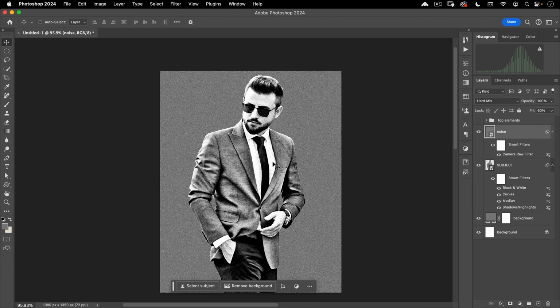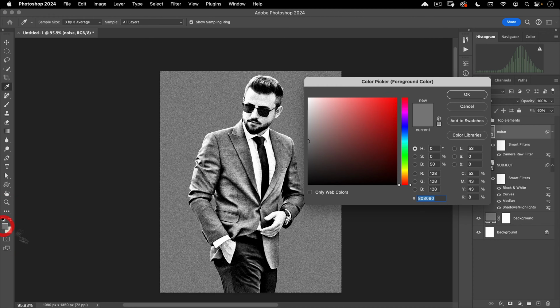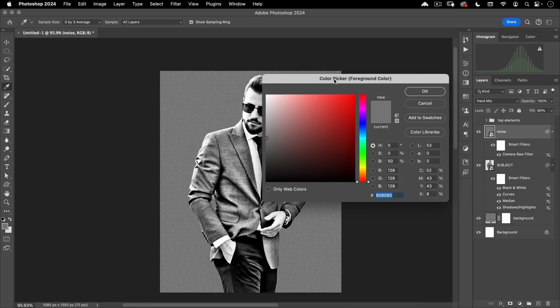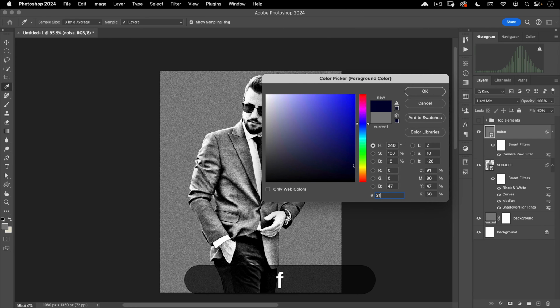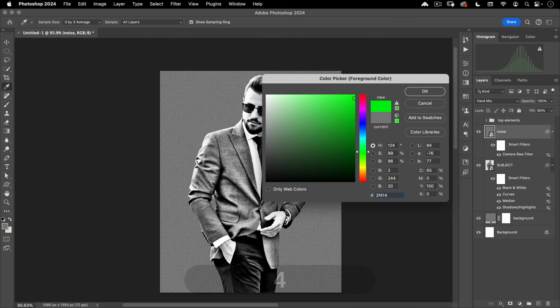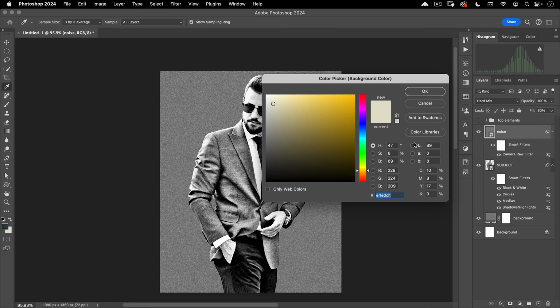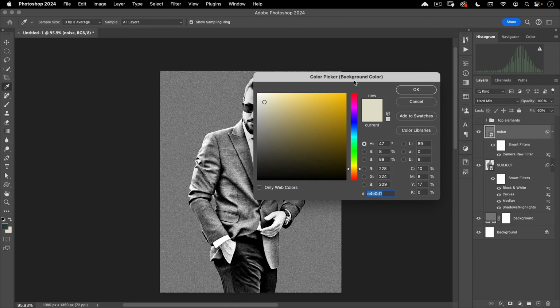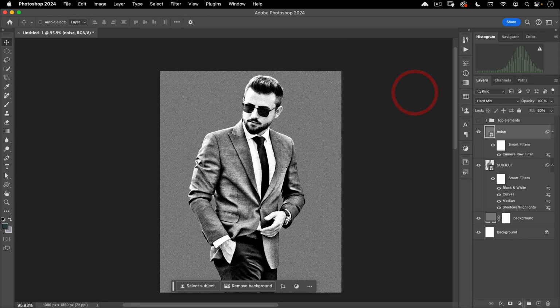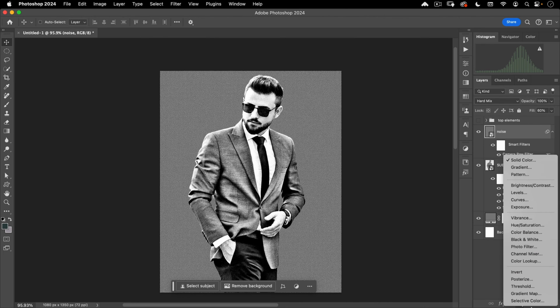And the last thing we're going to do is add some color on top of it. So we're going to use a gradient map for that. And a gradient map will map certain colors to our blacks and then certain colors to our lights. And we're going to pick our dark color here, which is going to be 2F4143. And then our lights color, which will do our background color, is going to be 9D99A1. And now if we go here, we're going to go gradient map,